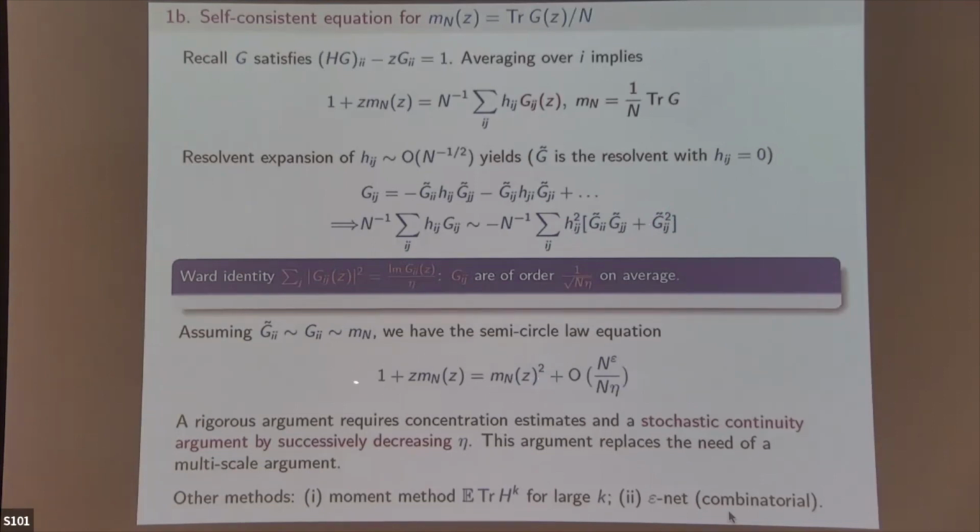Of course, I explained everything in the sense of expectation, but you need some concentration to make it work. And the error term is automatic like this. To make the argument rigorous, you need a stochastic continuity argument by successively decreasing eta, and this kind of procedure replaces the multi-scale analysis, so it's actually much neater compared with multi-scale analysis. So this was the standard way of deriving estimates on the Green's functions. And compared with the standard old methods, the moment method or the epsilon net, which is a combinatorial method,